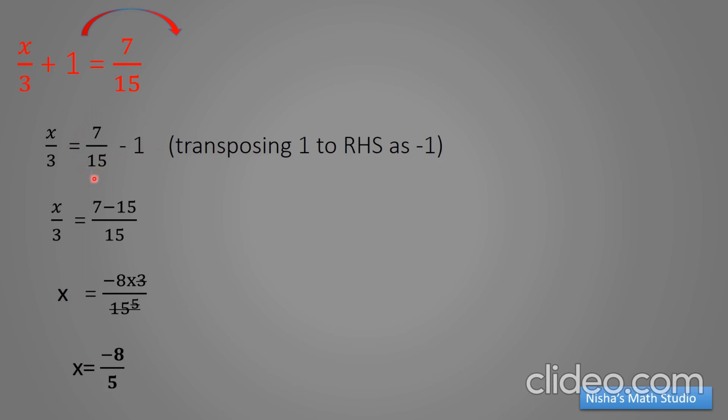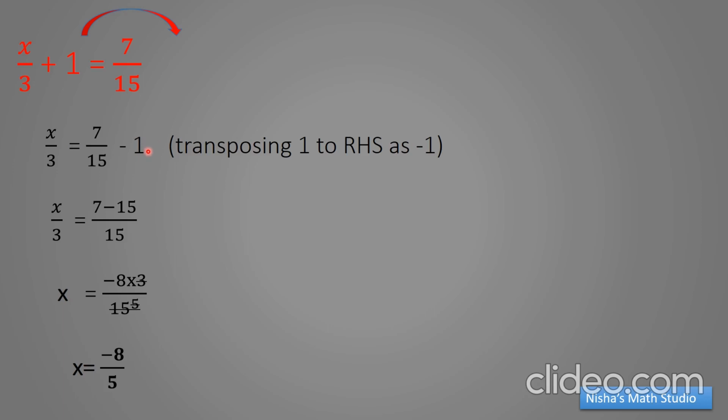Now if you look at this carefully, this is a subtraction of fractions. Do you remember? For subtraction of fractions, we should have the same denominator. What is 1? It's nothing but 1 by 1. That is, the denominator of this is also 1. So the LCM of 1 and 15 is 15 itself. So 7 by 15